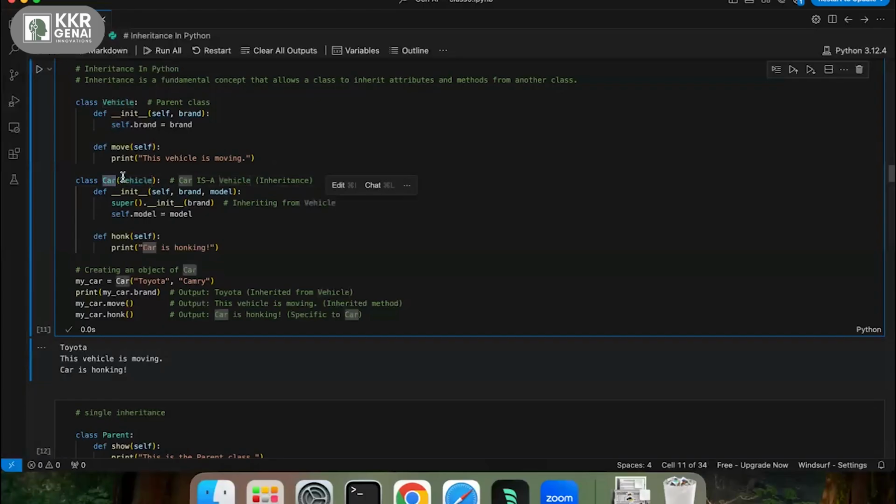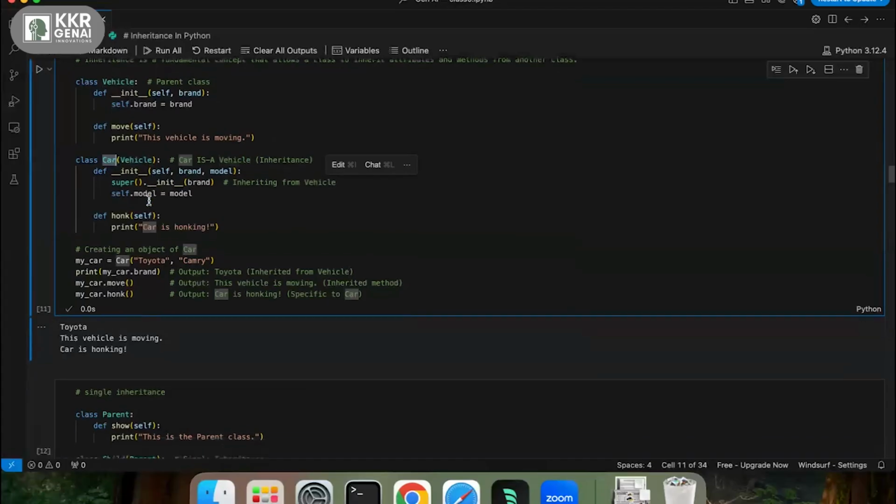In the child class, we can access the methods and constructors of the parent class. That is what inheritance is all about. If I want to access the move method, I can directly access it with the child class object, because I'm inheriting properties from the parent.